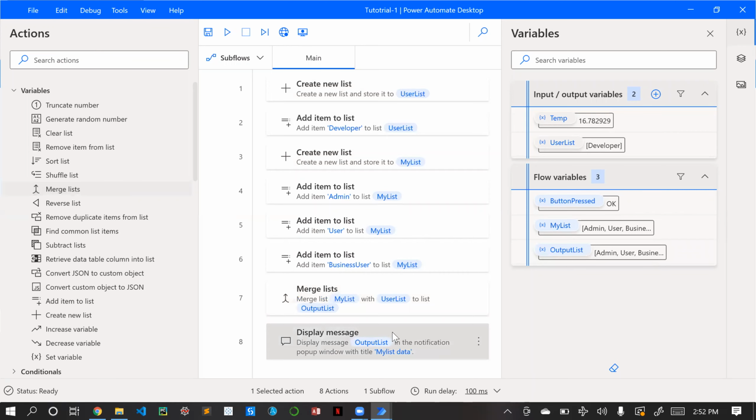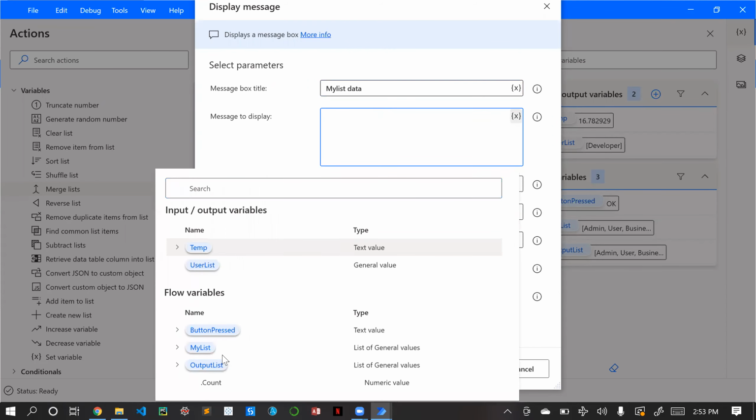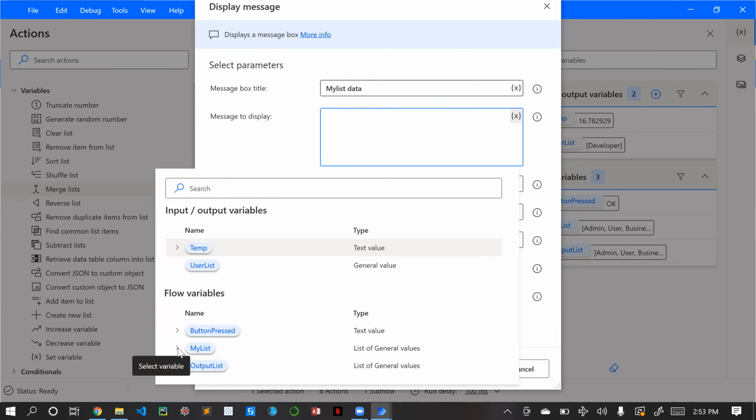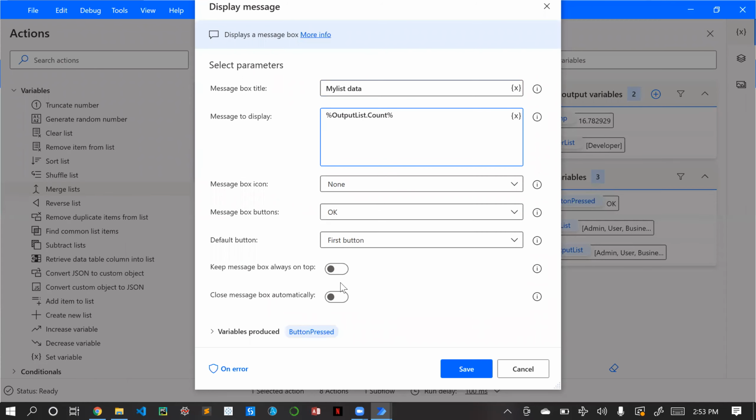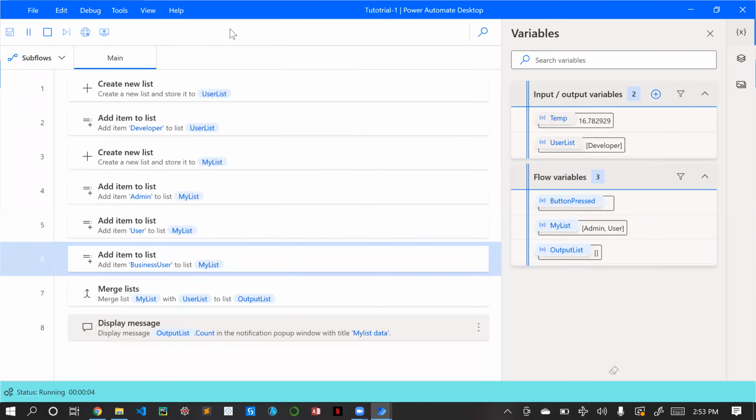And one more thing, if you want to find the result, in the sense, if you want to find the count, you just need to, so let me do one thing. Let me delete this. I will just put out. So whatever variable it may be, there will be a drop down list. You just click on the drop down, it will be showing all the properties. So for a list, we need a count, right? So we have output list. I'm just clicking on the count and clicking on save. When we execute this, rather than output, it will be displaying us the count of the particular list.